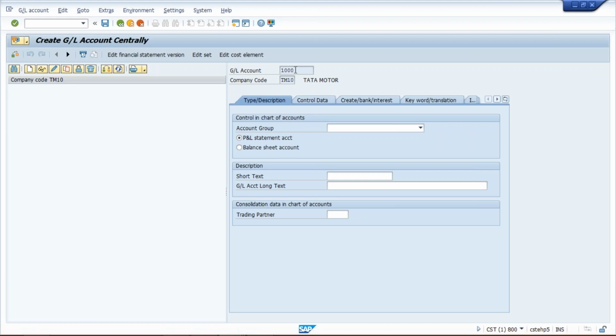See here, the GL account also appeared, and the company code was already appearing over there. If a different company code appears, then you have to give your company code over there. So the company code and GL account are appearing. Now I'll let you know one by one what details we are going to fill in and how. So the very first thing is,